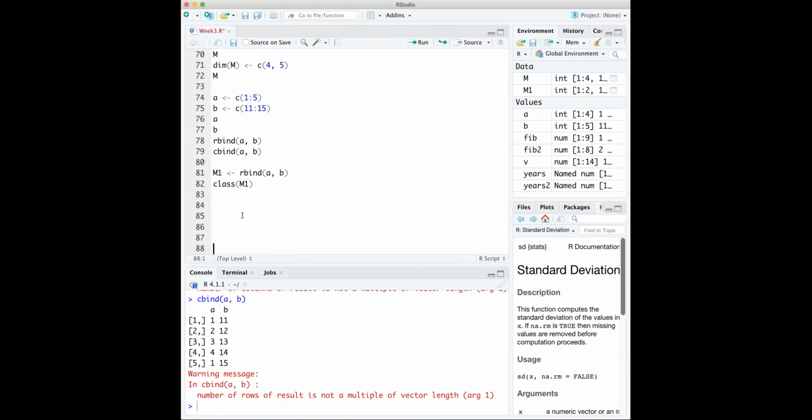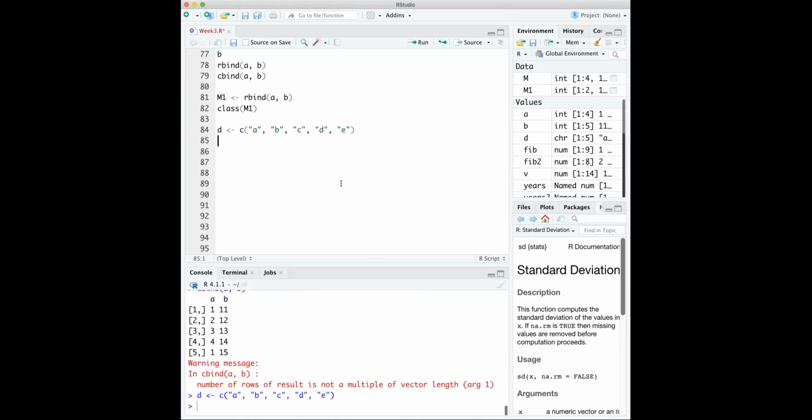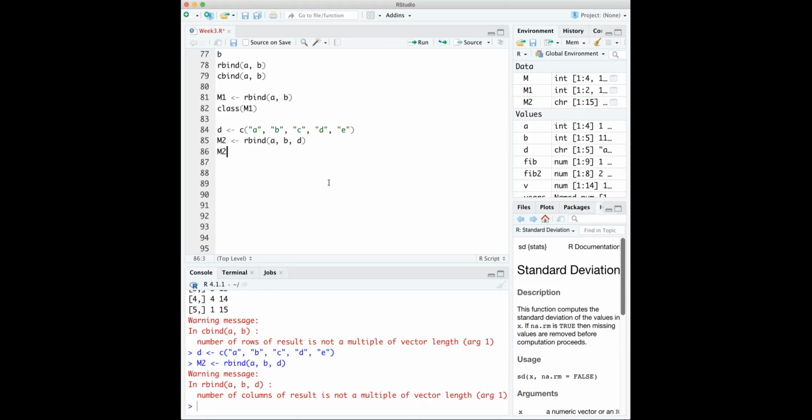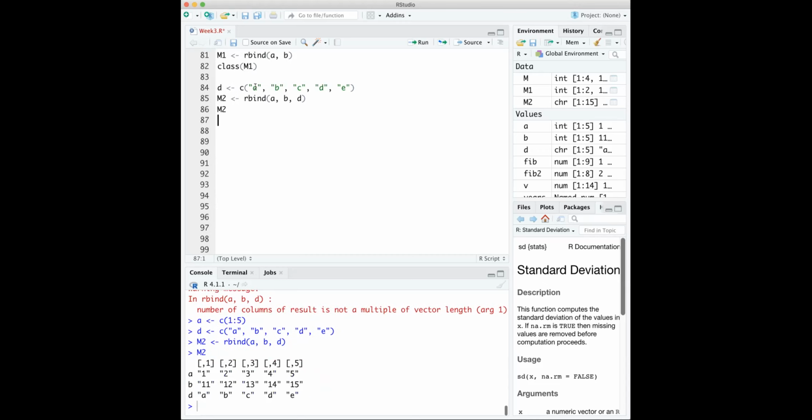And we can just move to another example now. I want to generate a new vector with characters. Let's say I'm combining A and B and C, and D and E. Here is my D vector. Now I can just generate another matrix by rbinding, okay? I rbind my A, B, and now I have D. And sorry, I have my A again. I change it to 1 to 4. And you see that